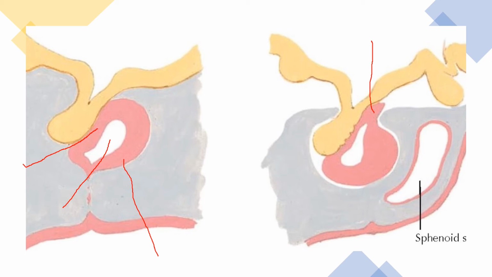Next one is the development of the posterior lobe of the pituitary gland. During the sixth week, there is an evagination of neuroectodermal cells which grows downwards as a funnel-shaped structure, and this forms the posterior lobe of the pituitary gland. Here we can see this part which lies over the pars intermedia, and this part will become the posterior lobe of the pituitary gland.